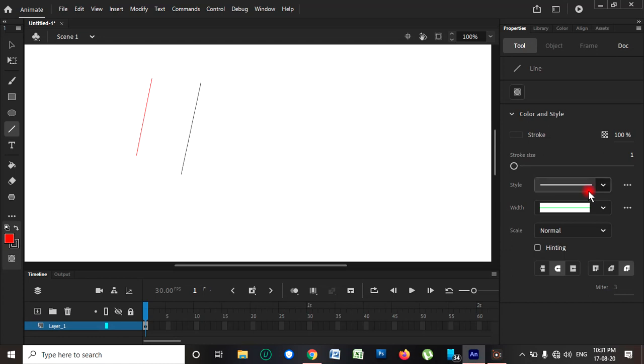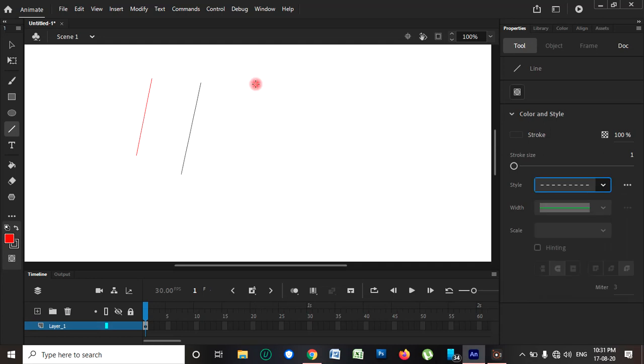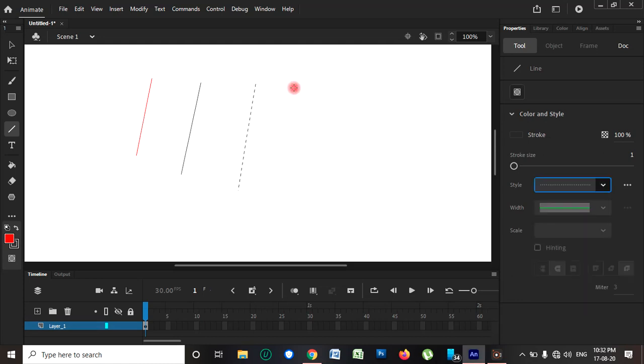Okay, if you want to change this style, then we can change it from here. This is the Properties option, and we can change it from this. Okay, in Properties, this is the dash line, and if you want to change it to dotted lines, then it will come as a dotted line. If you want to change the width, see here, how it's performing, dotted line.